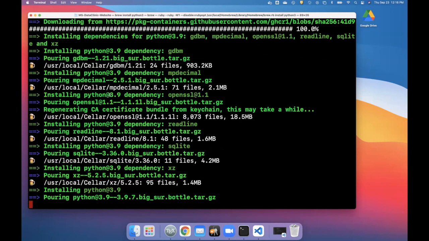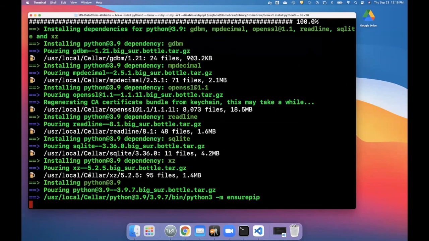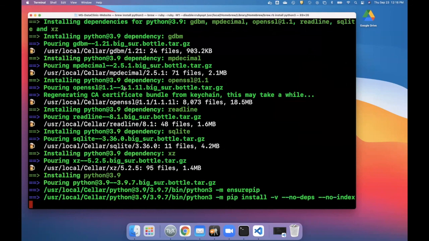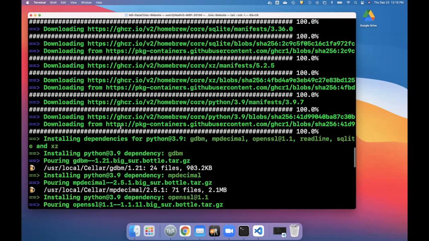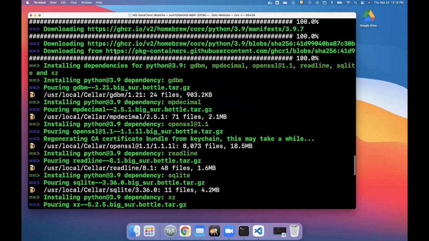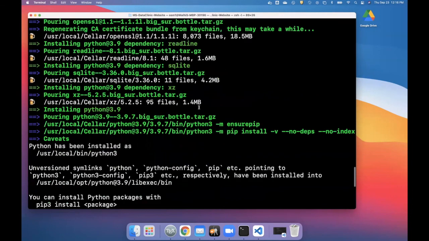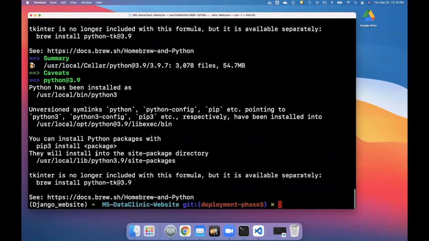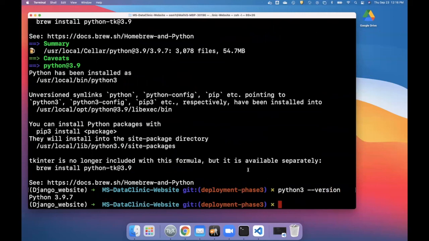Now you can see what brew is doing. It is installing Python 3.9 from the internet. It is also installing the dependencies of Python, all sorts of things, so you can read exactly what it is doing. It has done everything now. So I can say python3 --version. I had 3.9.6 before, and now it installed